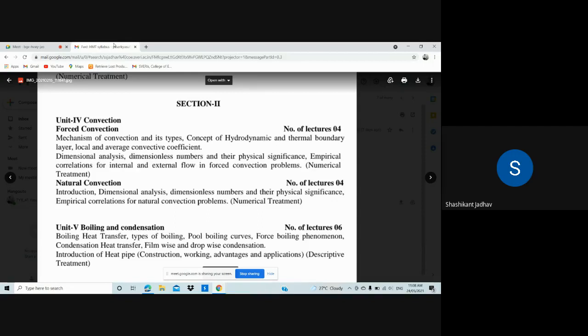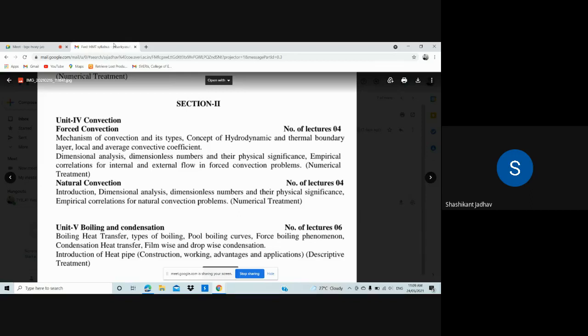The next point: dimensional analysis, comma, dimensionless numbers and their physical significance,